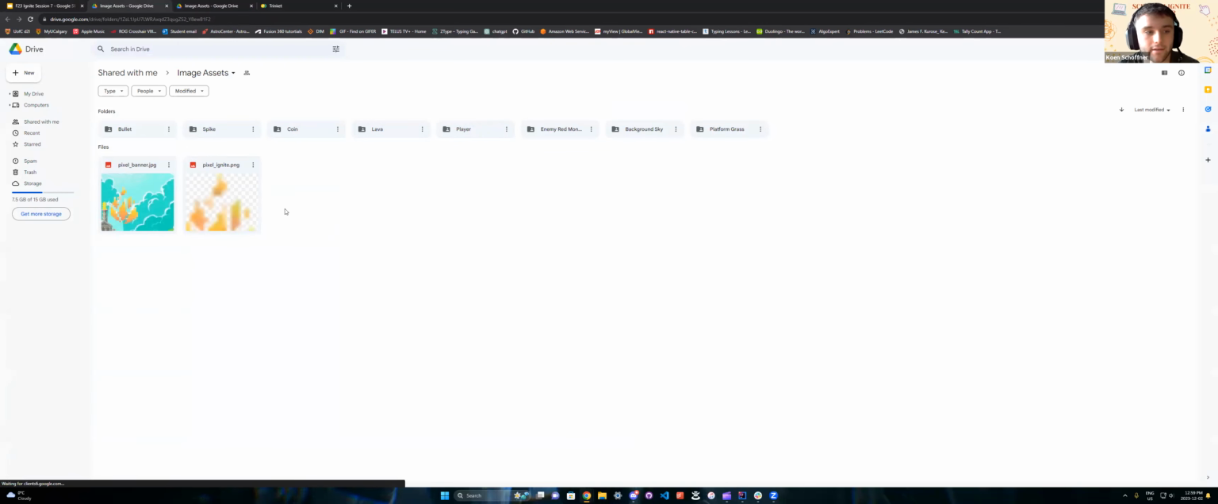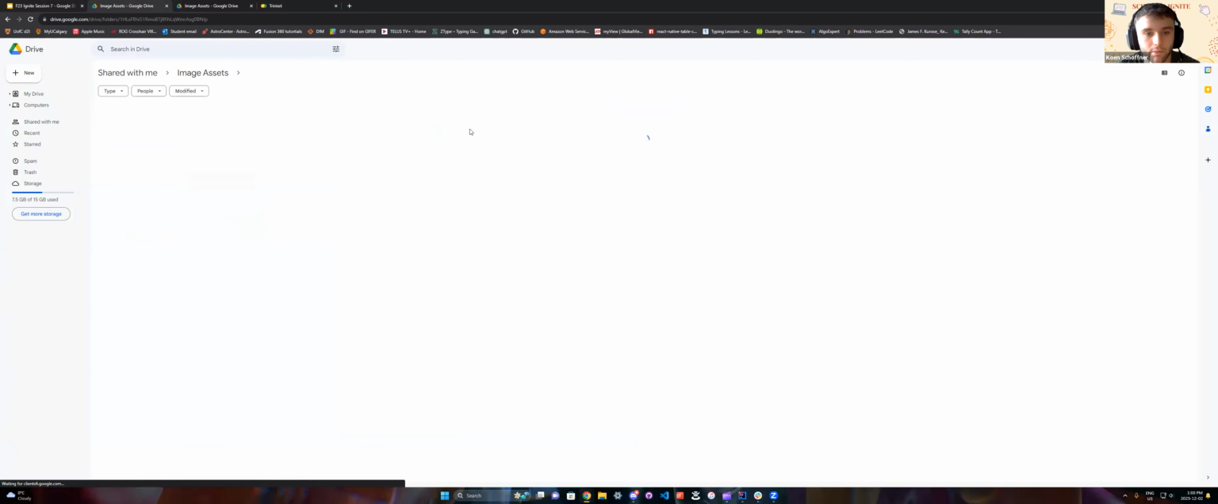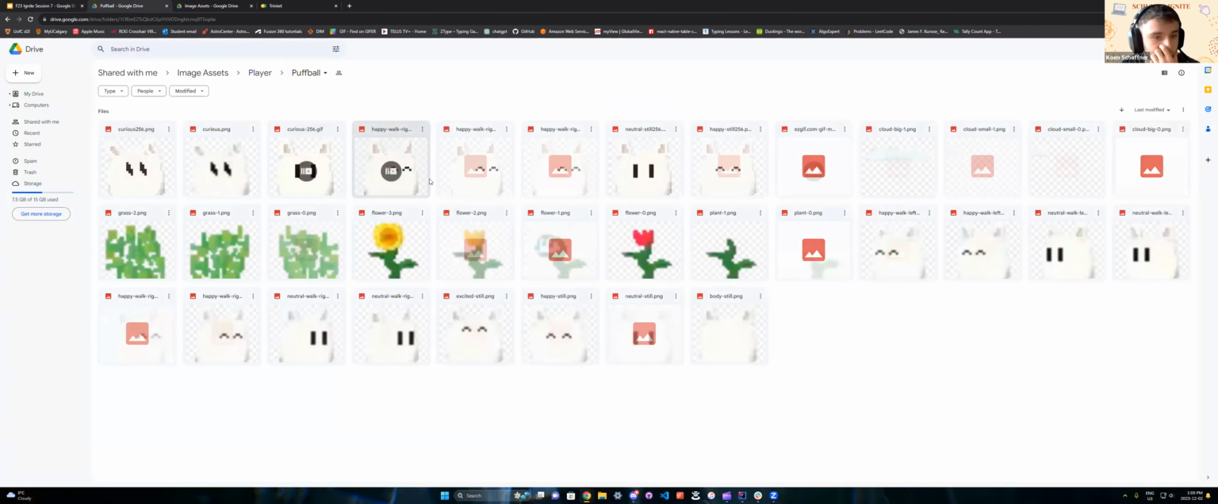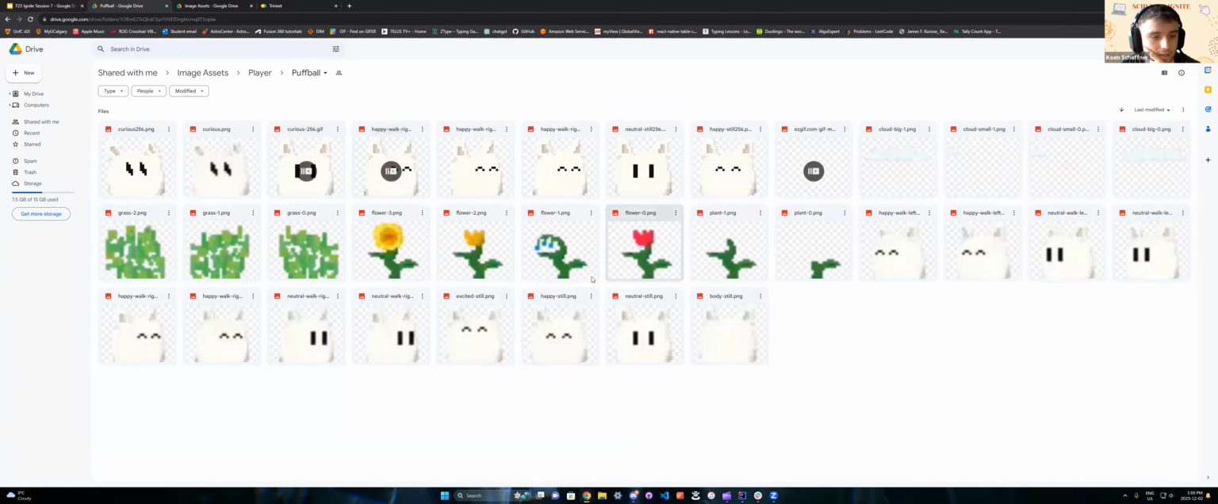Okay. And let's say I wanted to import a player object. So let's grab, say, this bird one, for example, or what else do we have here? Let's grab this one. So if we download this image, we just download it to our computer here. If we go into Trinket,